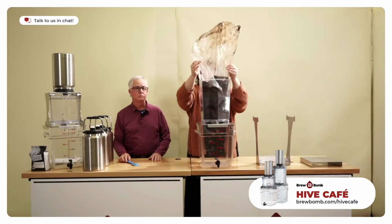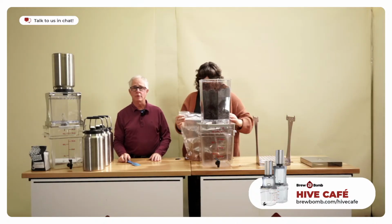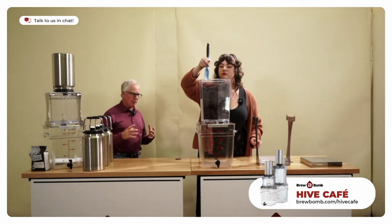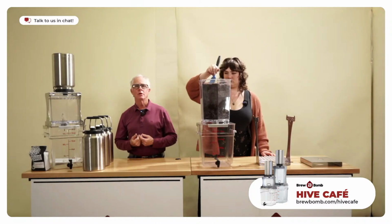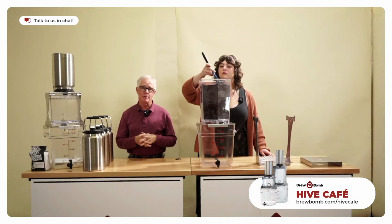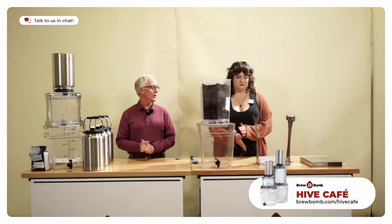How do you know how much water is enough to put in? Through lots of research and development, we've come up with a basic formula. We use about 32 ounces for 3 pounds of coffee. That formula gives the coffee just the right amount of water to bloom and expand and become receptive to the water that we're going to put over the top of it. Which is really important. If you think about it, we're going to push 3 gallons of water through this bed of coffee in just 25, 30 minutes. It has to be ready and receptive to take the water. Okay, so that is ready to rumble. Let's go ahead and put on the...